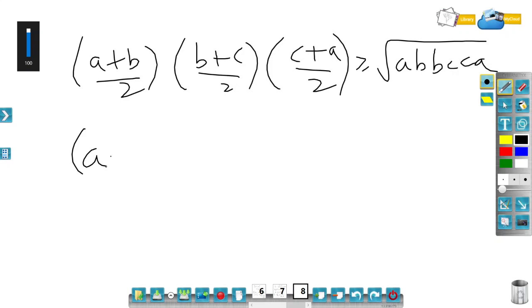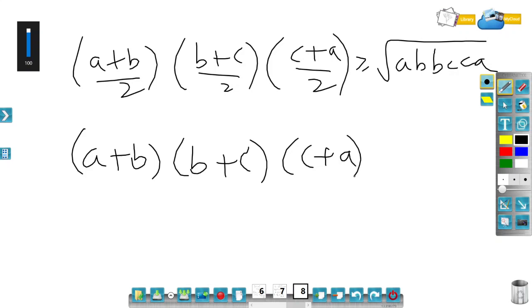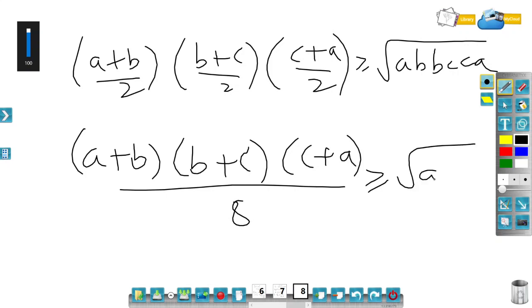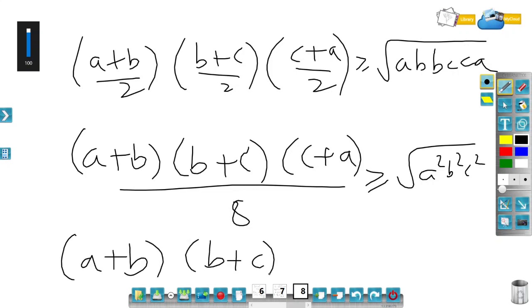So this is (a plus b)(b plus c)(c plus a) divided by 8 is greater than or equal to under root of a square, b square, c square. So that 8 will go that side. So I will straight away get (a plus b)(b plus c)(c plus a) is greater than or equal to 8